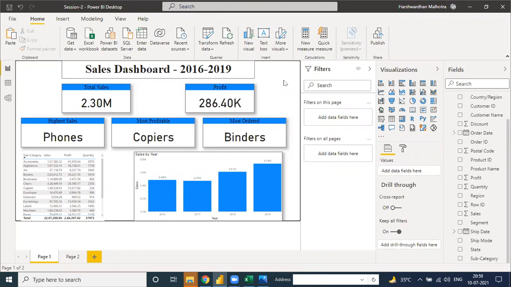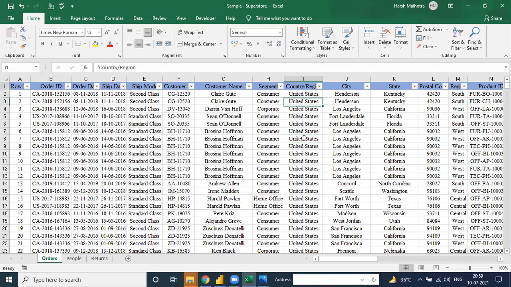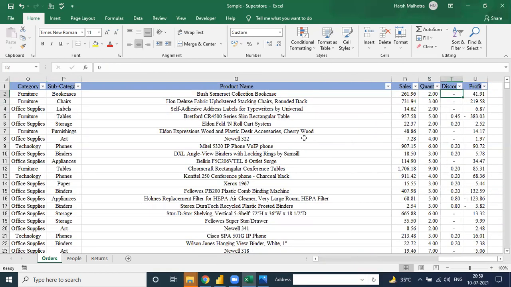If you're telling about the cleaning process, let's suppose we have a few blank cells in our Excel sheet. Do we need to replace them with zero, or will Power BI manage it? No. See, here the discount is blank. It does not mean that we are putting zero here. No worry. It means not a value cleaning.